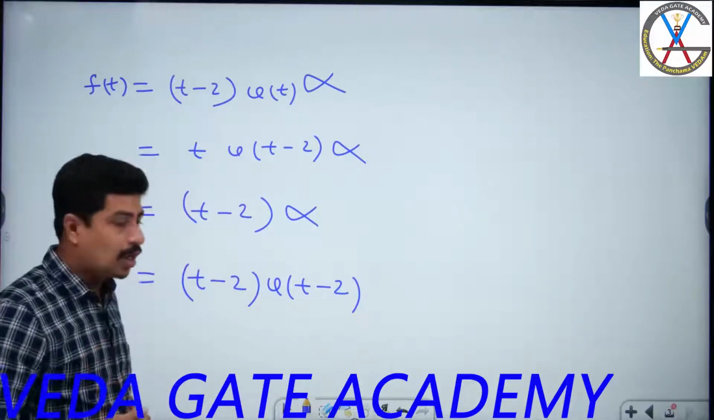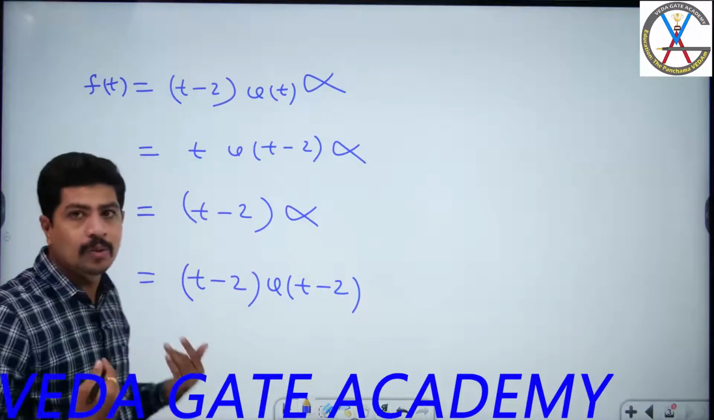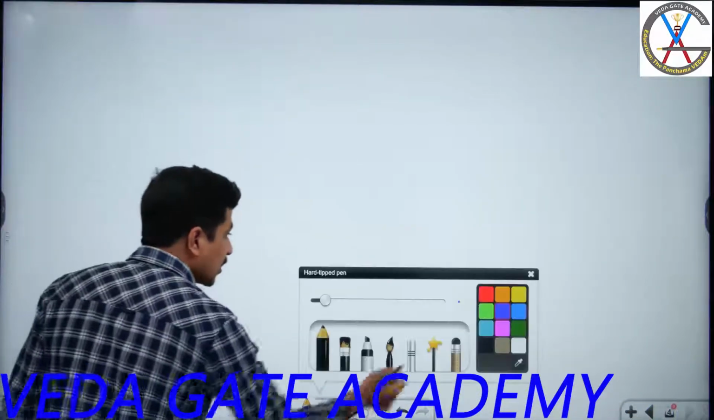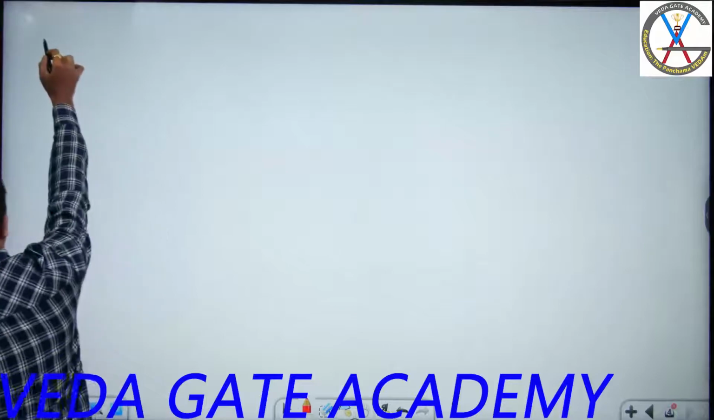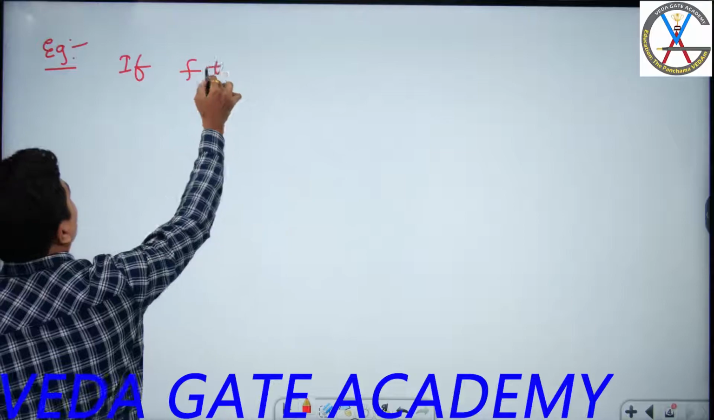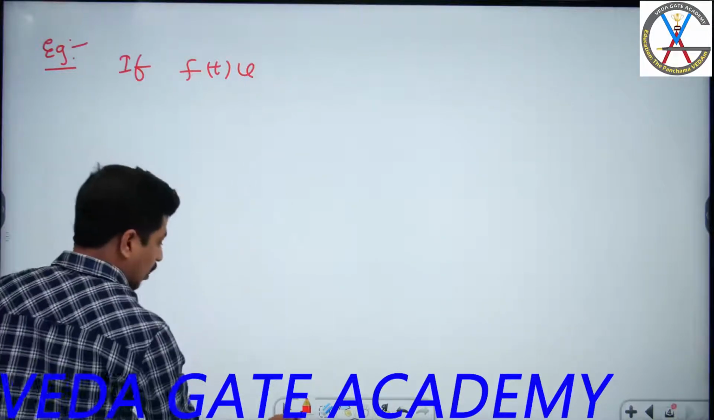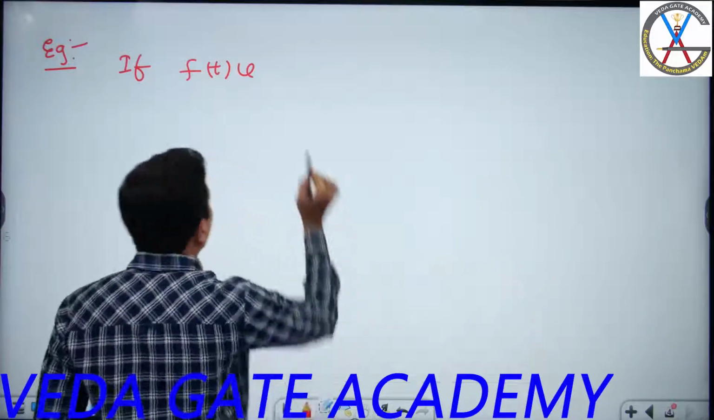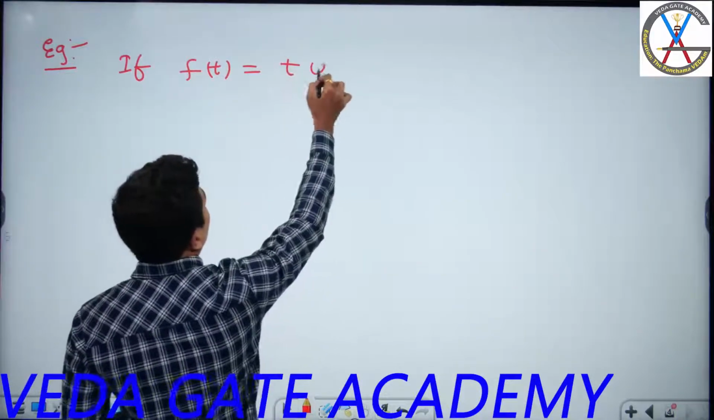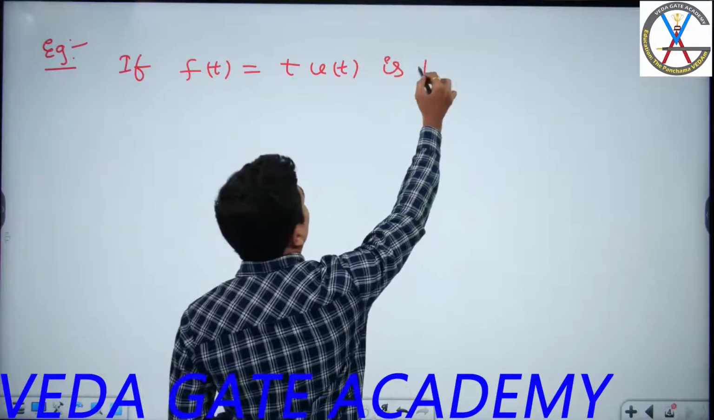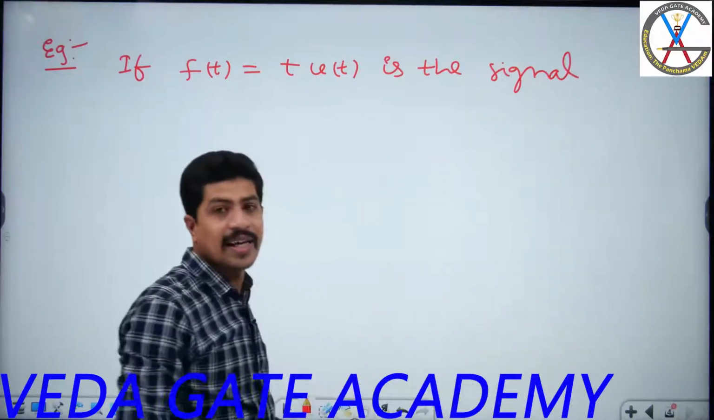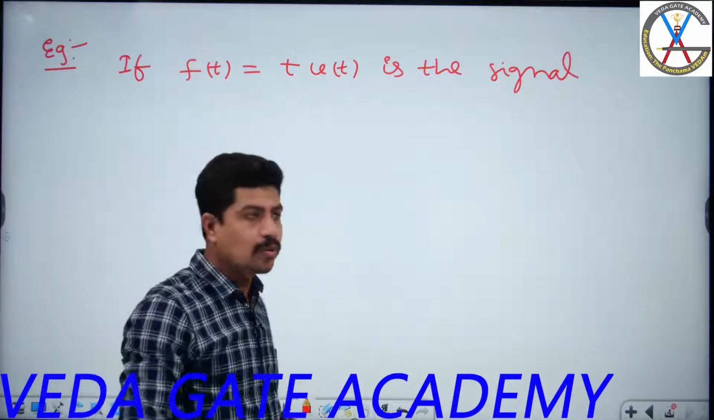Sir, how is this correct? Why are these three wrong? We want the proof. Let's go for an experiment by taking an example. The question is like this: if f of t is equal to t into u of t is the signal,